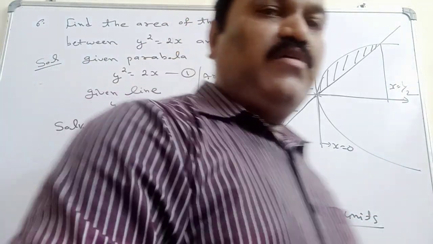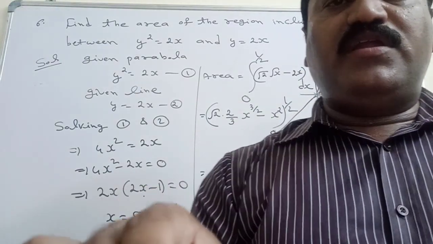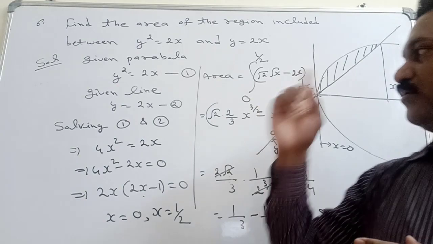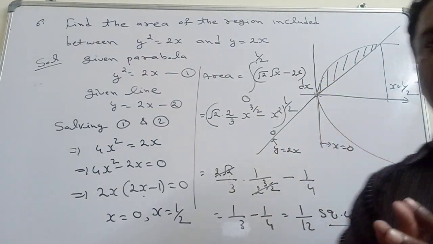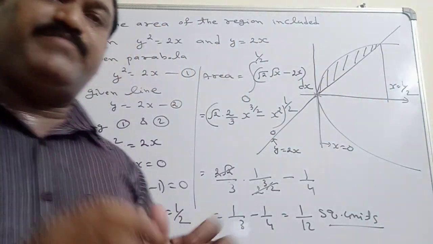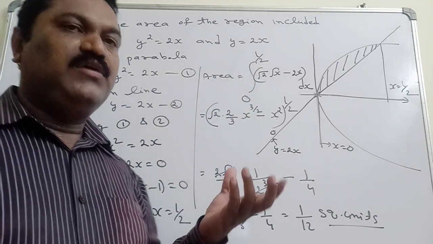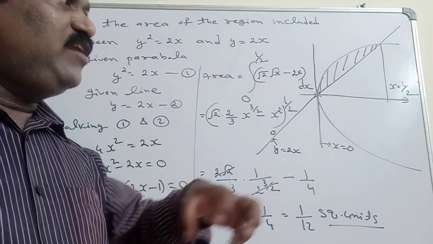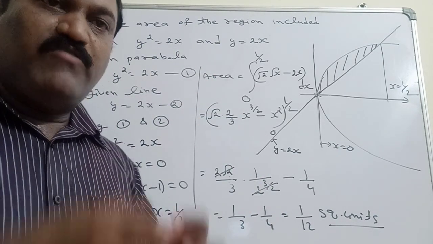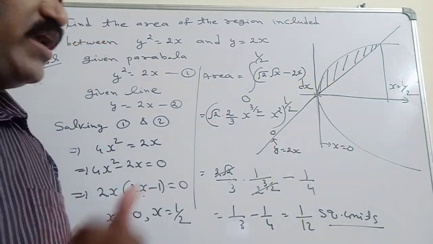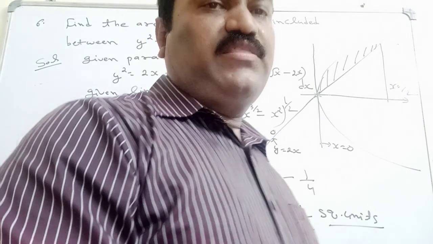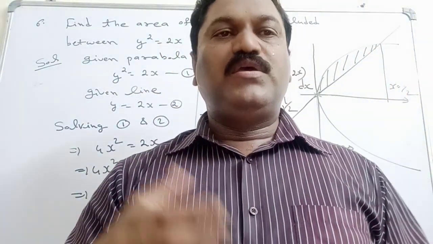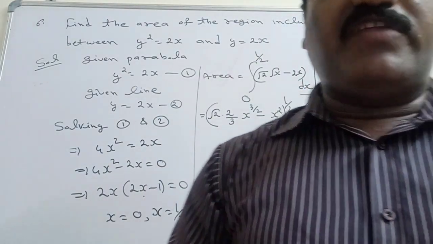So all the problems from definite integrals we have to solve like that. Whatever curve is given, first we should be able to draw the graph of both the curves and the lines. If they have given both the curves, we have to draw the graph of both the curves. Then we should identify which area we have to find. So the models are like this. We require practicing some more problems of this model. Then practice from your textbook. Then we will become perfect on this.